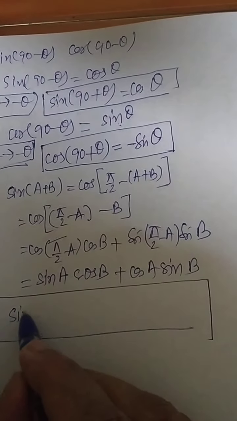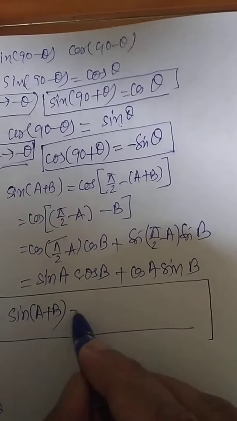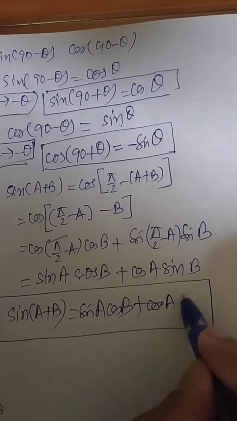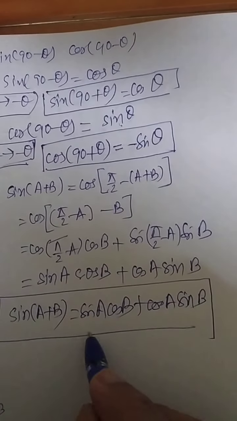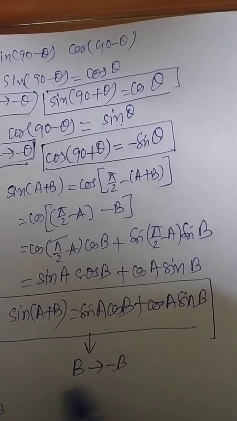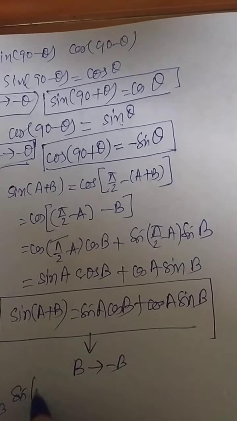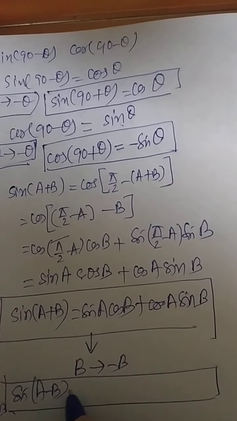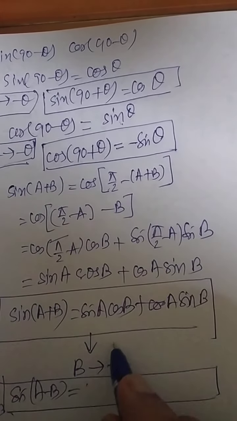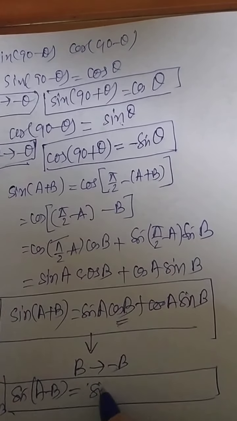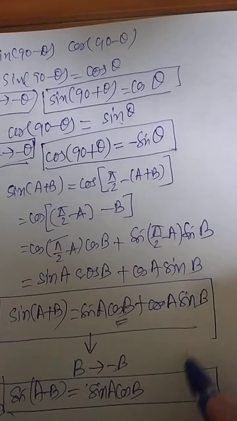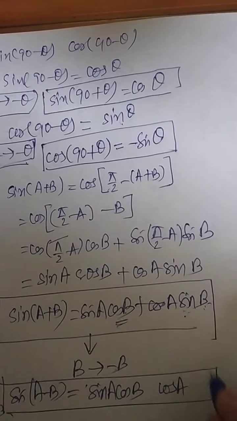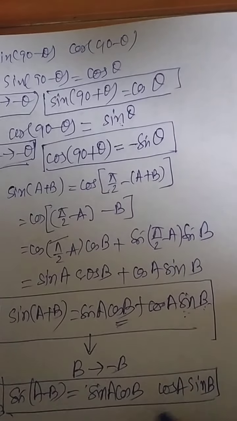So now sine of a plus b will be equal to sine a cos b plus cos a sine b. Now replace here b by minus b. Left hand side will be what? Sine of a minus b. Correct. Now I'm just jumping one step extra. This is sine a as it is. Cos of minus b, if you change it here, is nothing but cos b, so it is sine a cos b. There is no change. This cos a I am writing as it is. What is sine of minus b? It will be minus sine b.